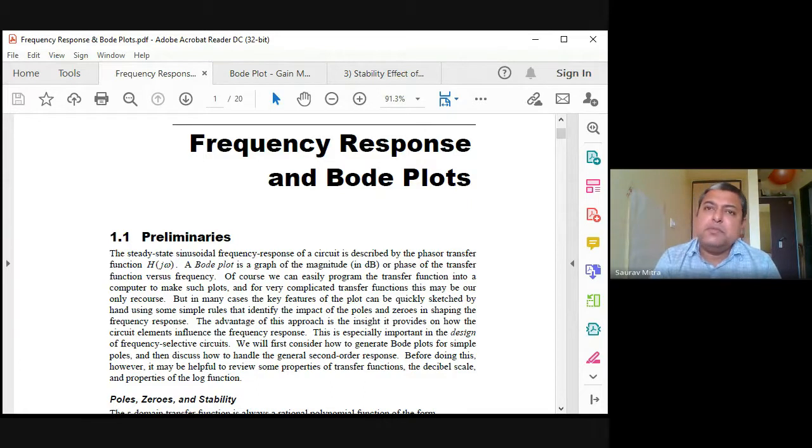First case, GSHS will be given like this, very simple. Maybe k divided by s plus 1. Maybe k into s plus 2, s plus 4 divided by s plus 3 into s plus 5, all simple poles, single ordered poles, those kinds of things. Second type of Bode plot, this kind of thing I told you, there will be s square plus 4s plus 13, or maybe s square plus 6s plus 21, those kinds of things. So these are the two types of Bode plots we will see.